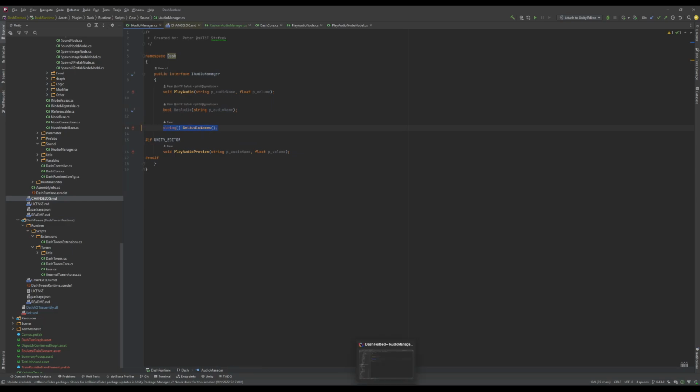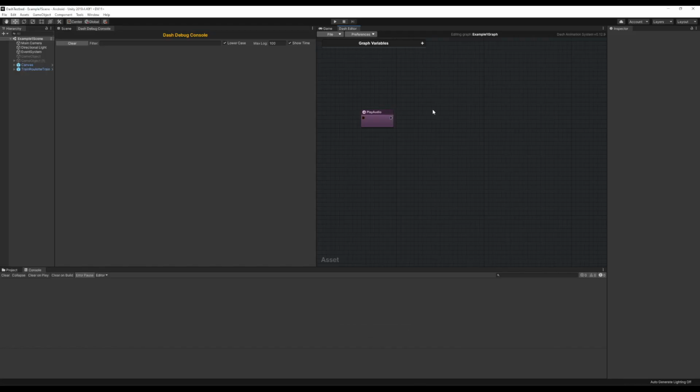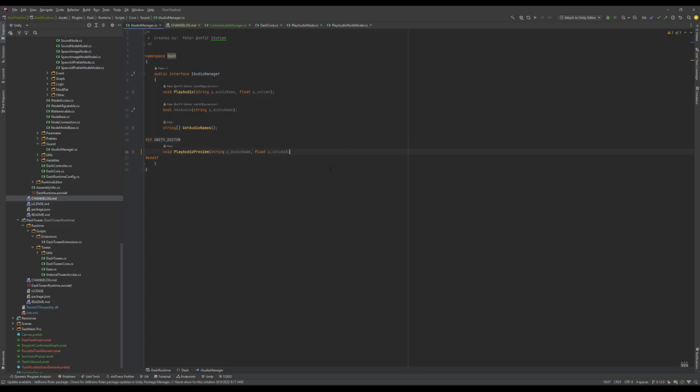And then there is this GetAudioNames. You can use it in runtime because I didn't set it to editor time, but we'll see if this gets changed. That's what's feeding this pop-up about the audio names that are implemented. And then there is this new function that will come in the 0.13.2 version, which is purely editor time, and it's just to play audio inside